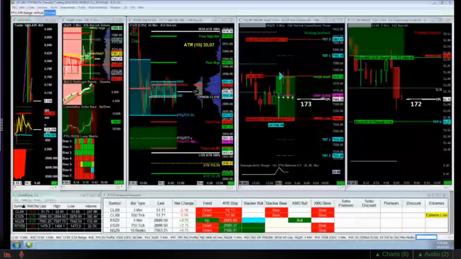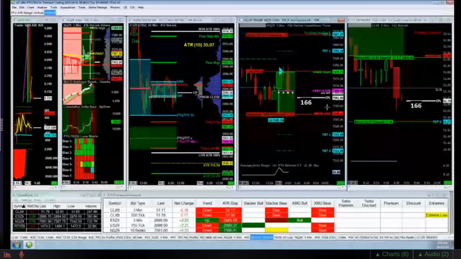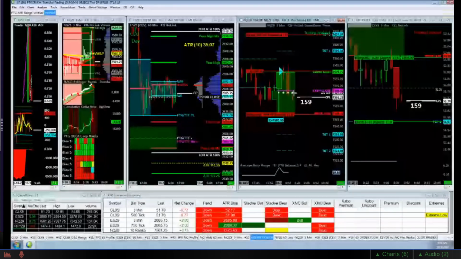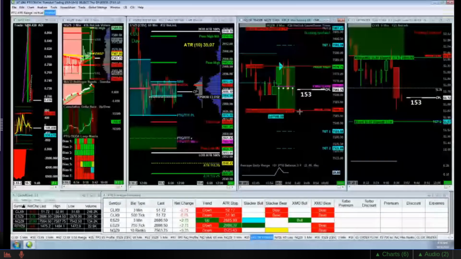On the NQ, we're long at the top part of the range there. Again, oscillations as we expected. So that makes for the opening range a little bit tougher, after a trend day. But that said, we'll see what happens. Stop and reverse will come at the low part of the range.